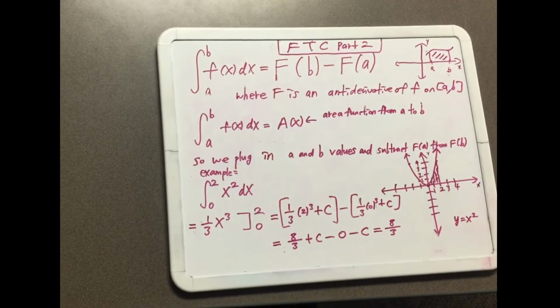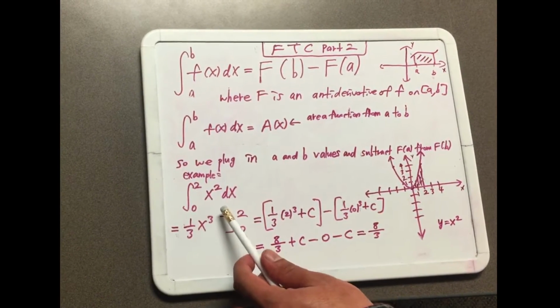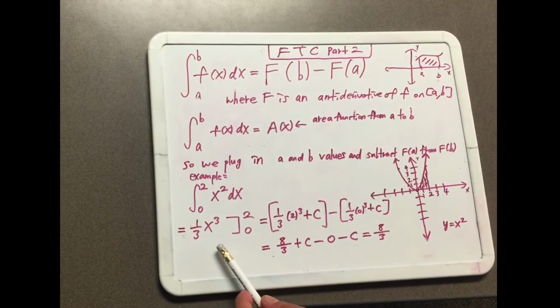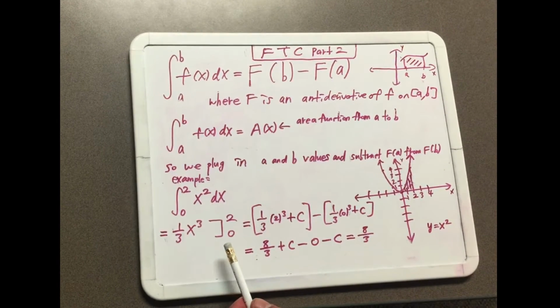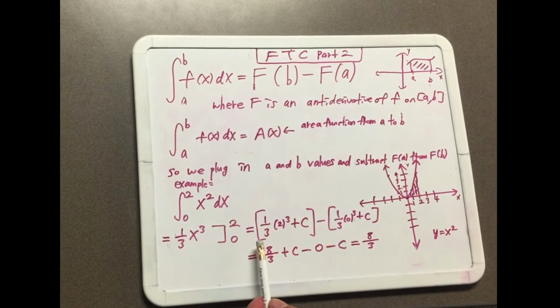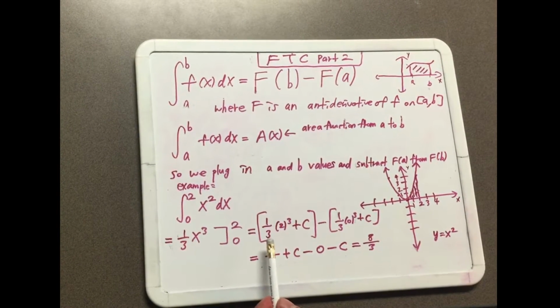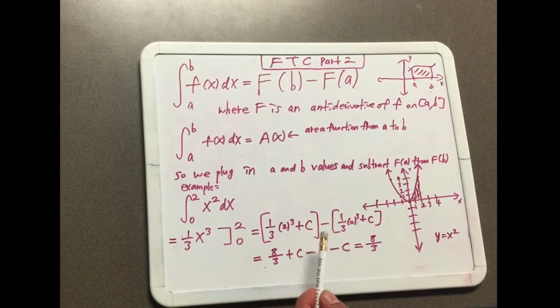Hello class, in the example we have the integral from 0 to 2 of x squared dx. We find the antiderivative of x squared, which gives us 1 over 3 x cubed from 0 to 2. We first plug in 2, which represents big F of b, which gives us 1 over 3 times 2 cubed plus c. Then we plug in 0, which represents big F of a, which gives us 1 over 3 times